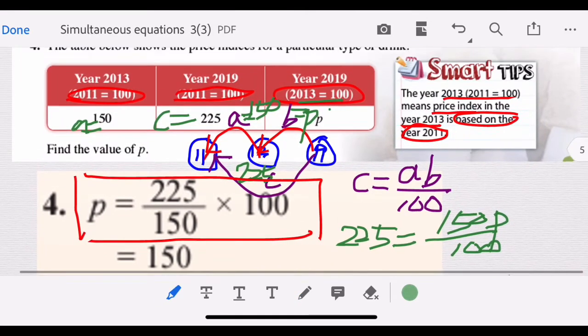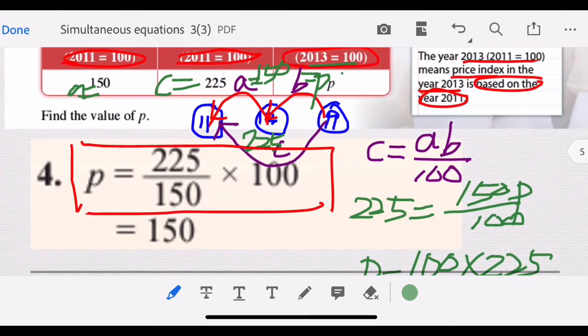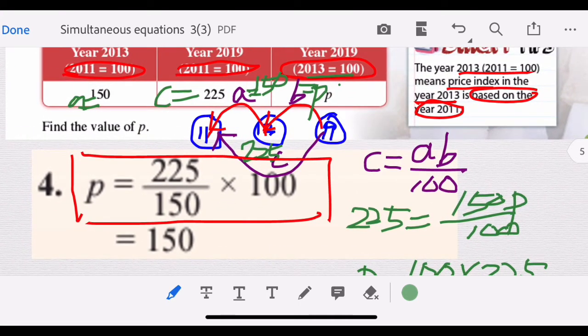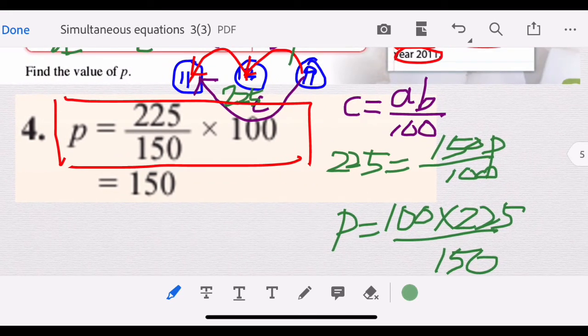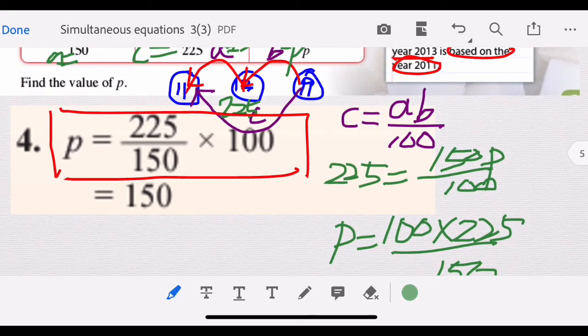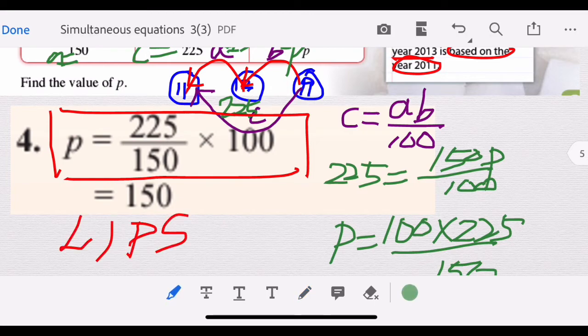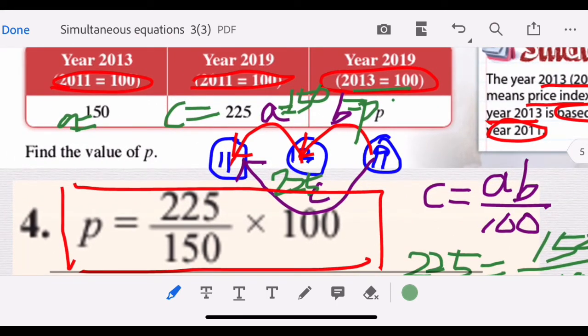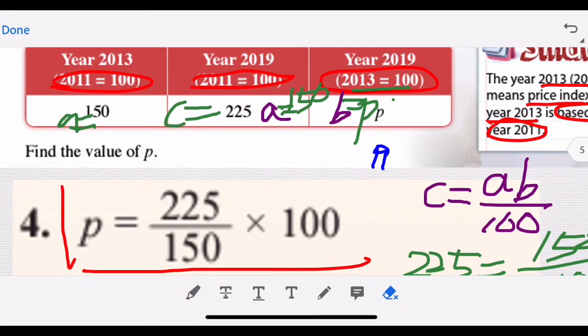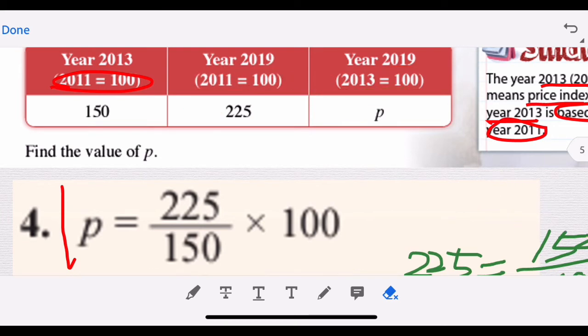Okay, there are three ways. I'm going to share with you 3 ways, so you can choose which method you like. For me, I like this method because it's quite interesting, right? We call it lips. In Mandarin, we call it Chui Chun. In Bahasa, we call it Bibir. In English, we call it lips. So there are 3 languages I use. If I don't want to use the lips method and want to explore a different method of doing it,